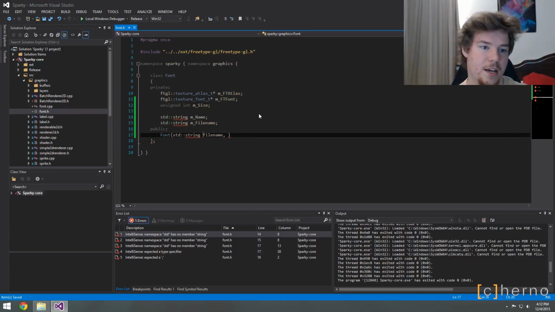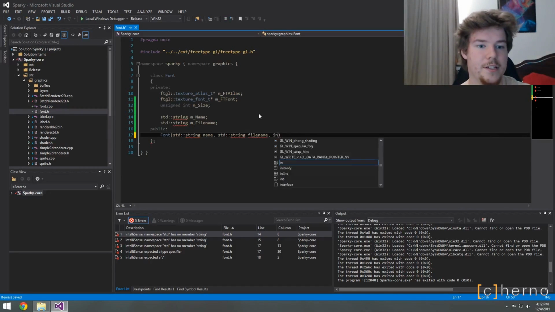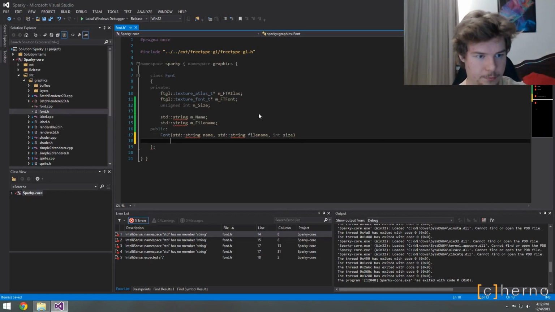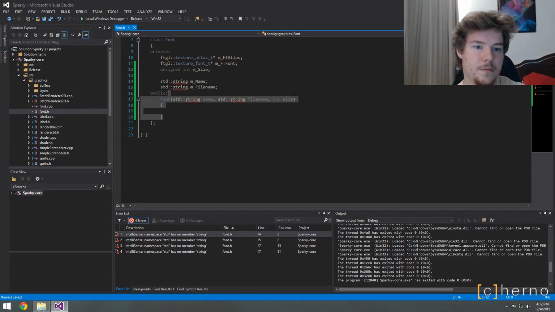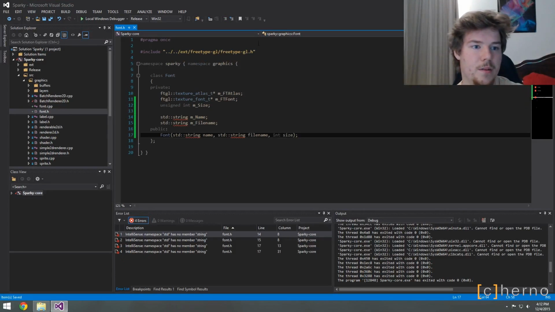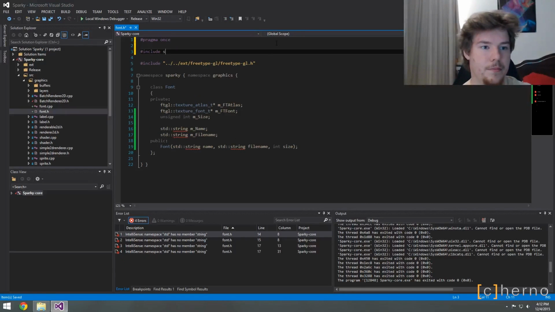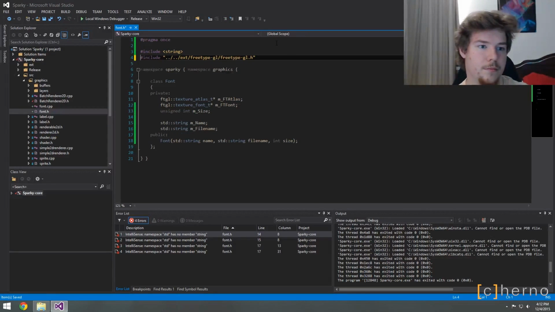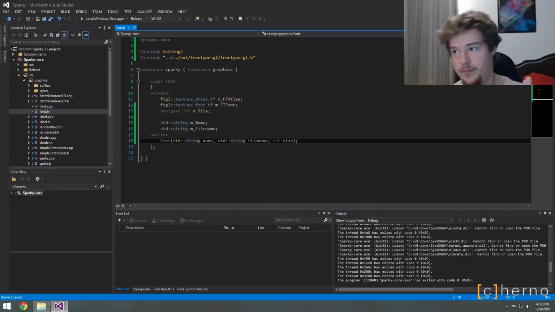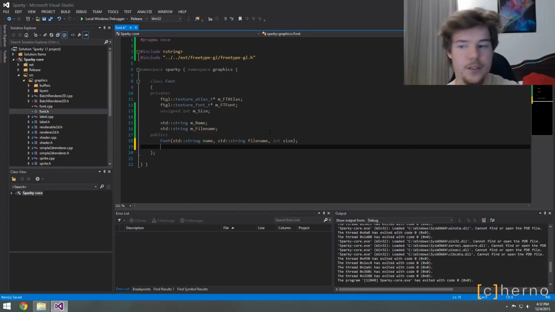So we give it a name, we give it a file name, and we give it a size. Okay, so let's include string. Okay, so there we go. So there's our font